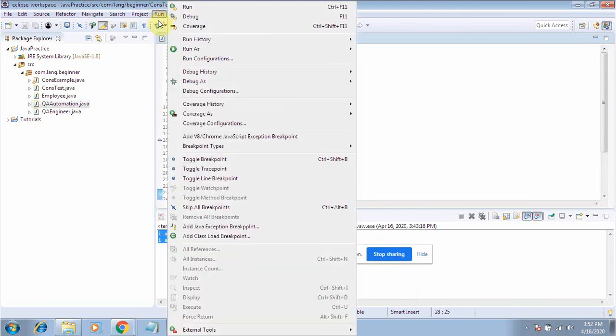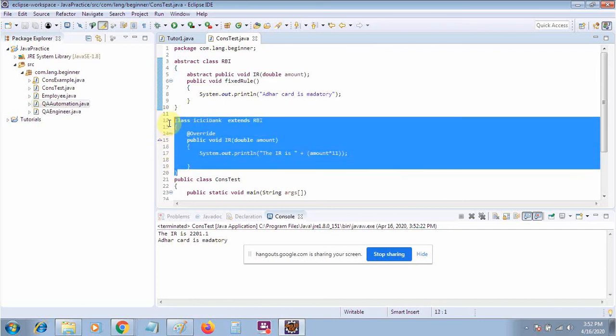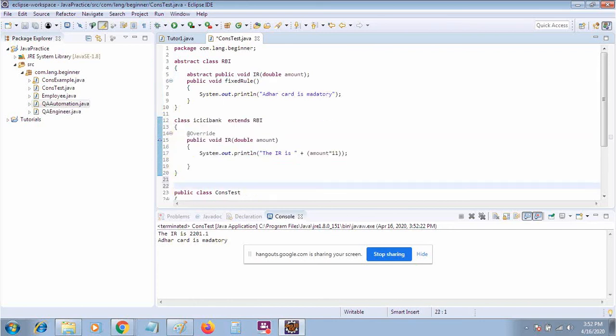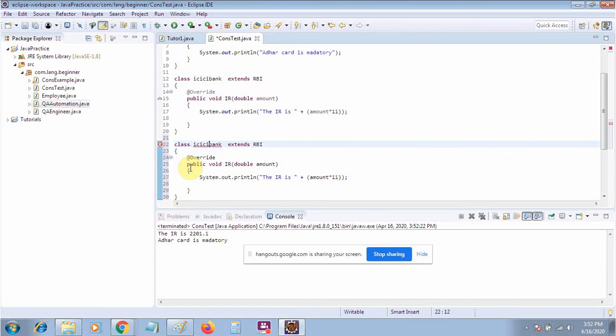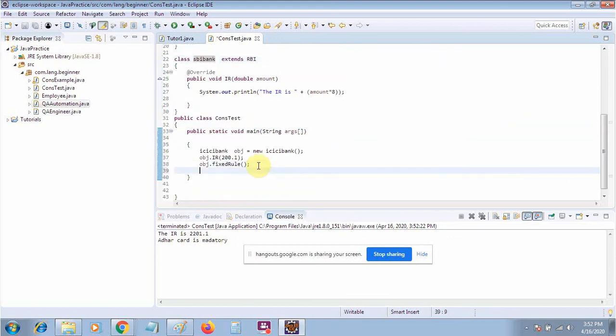So this is basically the use of the abstract method, how you implement it when you first have to follow some pattern, where you have to give the same name in each class. Suppose there is one more class like an SBI class, SBI bank, and they are providing an interest of 8 rupees. When you have such a scenario, then you have to use abstraction. Let me create the object.